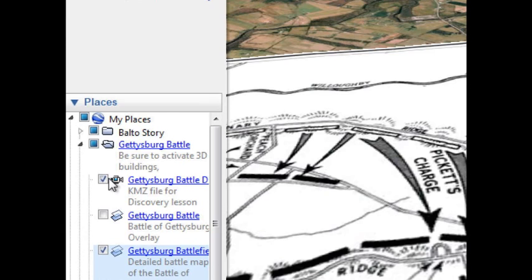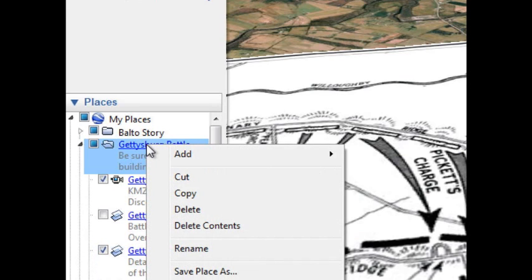And remember how I said I sent out that Balto folder? I moved it from a different place. So it's going to think, go find that picture and put it there. That's why when I moved the folder, I didn't actually bring the proper pins, and that's why I had that big X. So I'm going to right mouse click on Gettysburg Battle, and I'm going to do Save Place As,